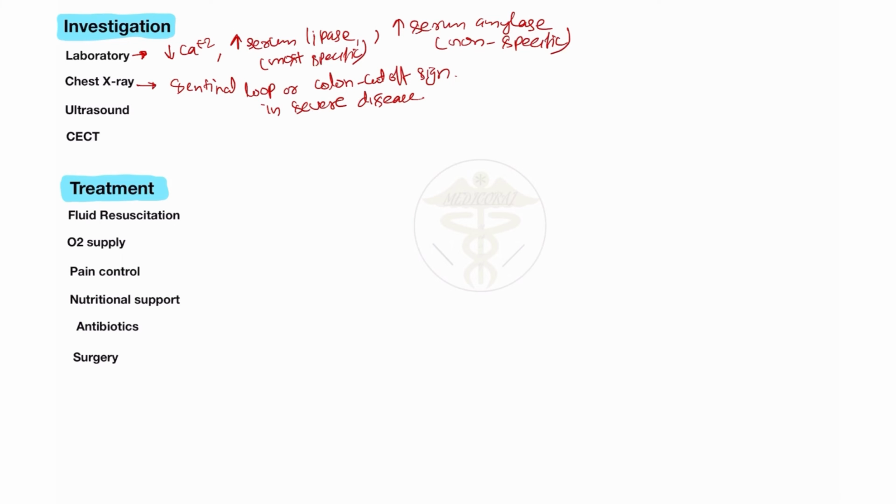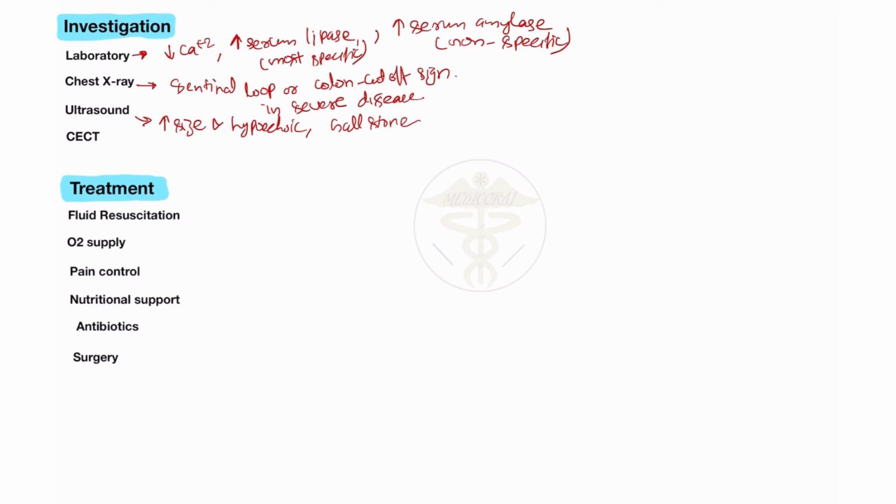What will you see in the ultrasound of the patient? You will see an increase in the size of the pancreas, and also hypoechoic pancreas. Gallstones are also visible when the stone is the cause. You will also see changes like inflammation of the gallbladder or bile duct. So these are also visible in the ultrasound of acute pancreatitis.